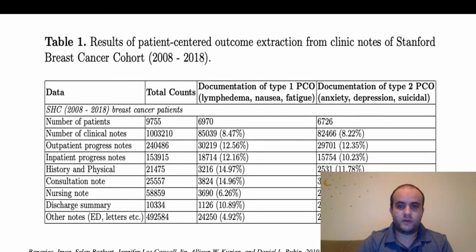If you see this table, it shows how many of these breast cancer patients have mentioned, for example, nausea, fatigue, anxiety, depression, suicidal tendency. It's very real. People have mentioned it in either clinical notes or discharge notes or history and physical notes, which means even though there is advanced treatment, even though there is a powerful medication for a specific disease, there are other side effects like depression